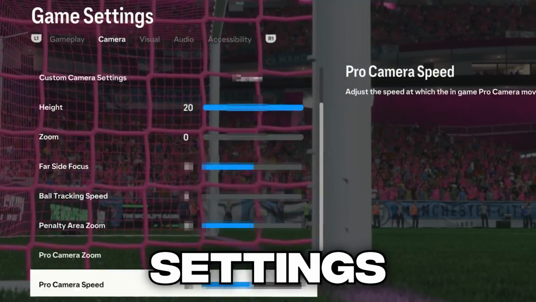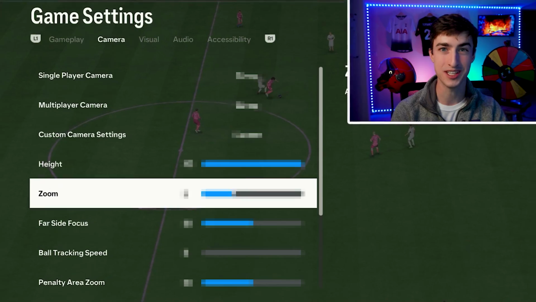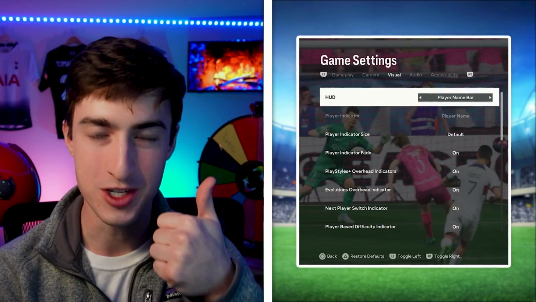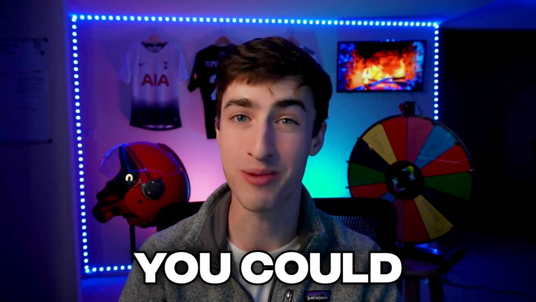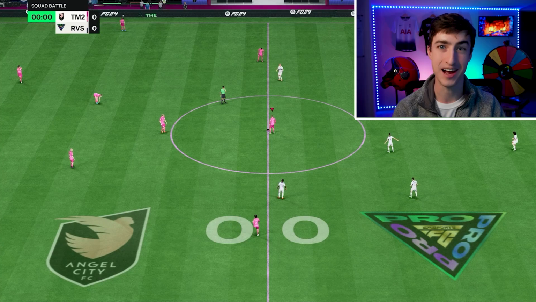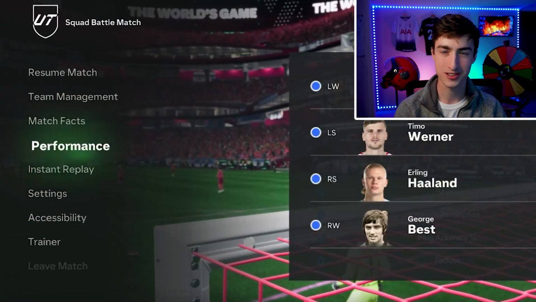This is the complete settings guide for EAFC. We asked professional FIFA players what settings they use in-game, and I'm going to be going through every visual, controller, gameplay setting to make sure you have every single setting you could possibly need to get you to the Elite Division. So to start, go to Squad Battles, and after you load into a game, press pause, go to Settings,